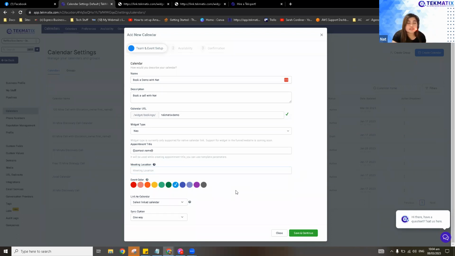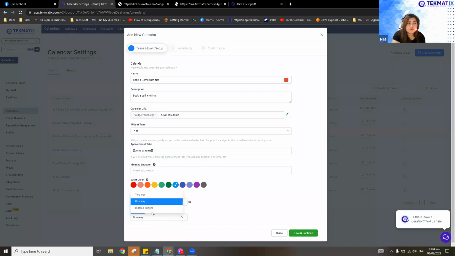For the unassigned calendar, you have to manually link your calendars or your Google account. You need to integrate it first in the integration settings to make it appear in this drop-down right here. And this is where the sync option is.